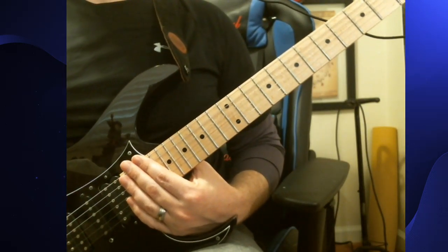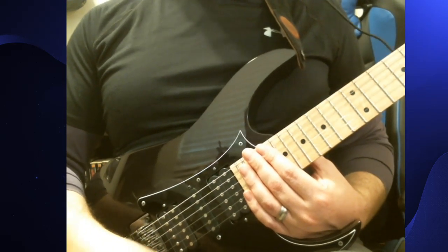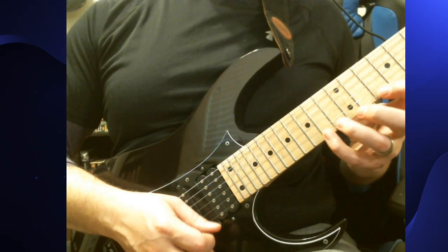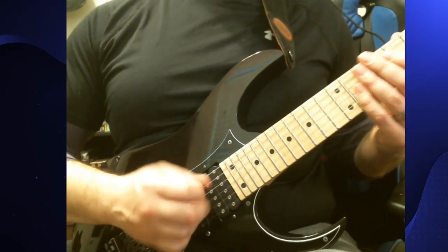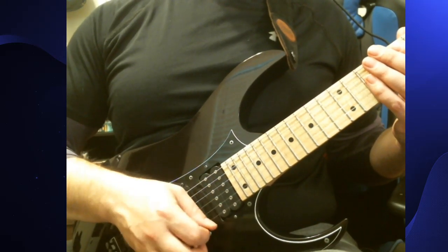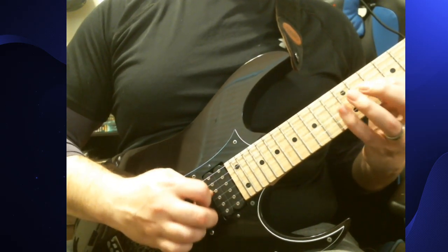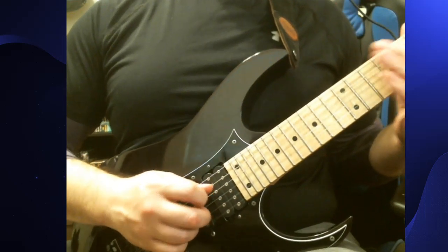Really like that one. That really helped me solidify my alternate picking. Because honestly, I've been pretty trash at alternate picking. I have to remind myself that I'm a classically trained player. I'm trained to play classical guitar, and electric guitar is completely self-taught. So I have a lot of bad habits. I used to play this lick using an economy picking style, where every time I did a string switch, I just dragged the pick, so I did 2 upstrokes in a row. But I've realized that that's really